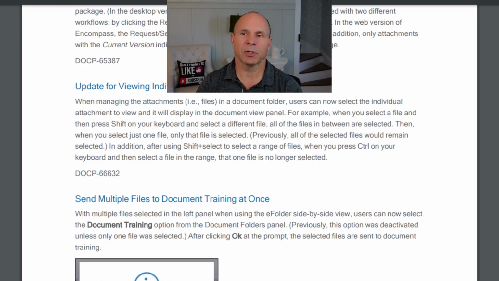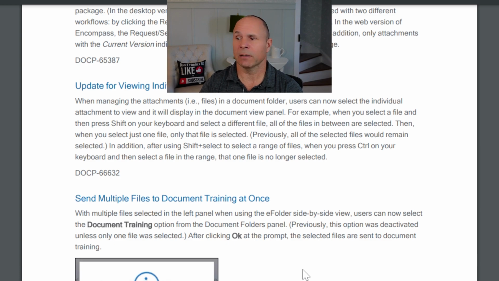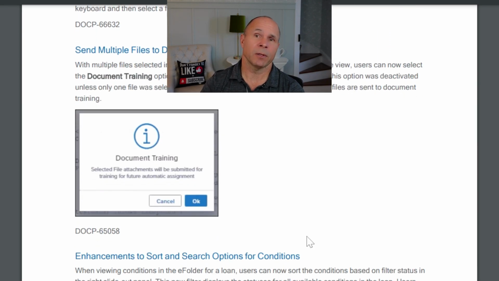So if you're using document training, which I need to go investigate, I've kind of not been paying attention to it because historically it's not really done much. But I've been hearing more companies actually having some success and some consistent success with document training. What that means is you train the document to receive the image file based upon auto assign. So if you train your Encompass to understand what that image looks like and where it's supposed to go, you can use auto assign and it'll take your PDF and not only look at the QR codes, but also look at the image and try to do its job for you.